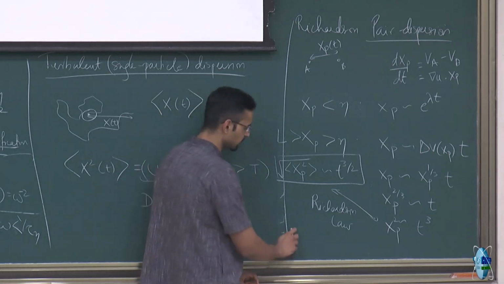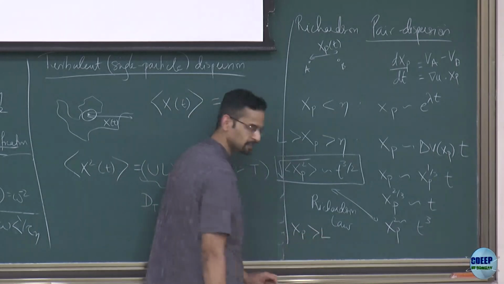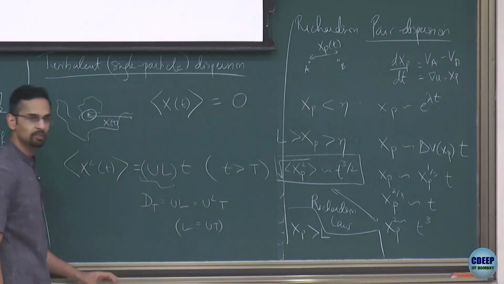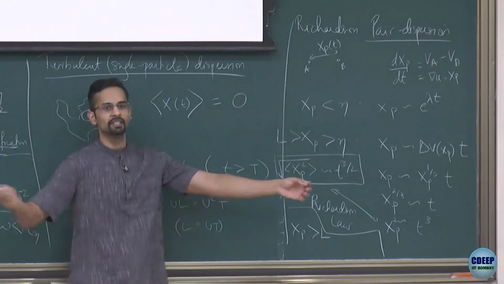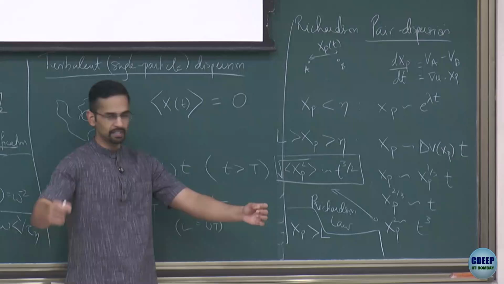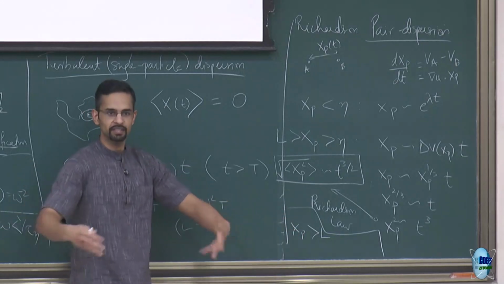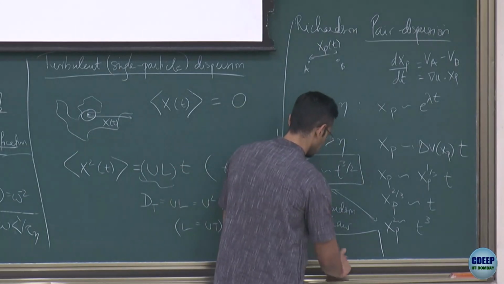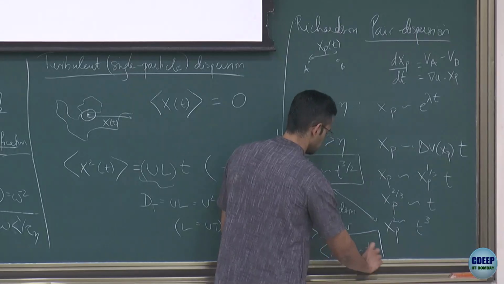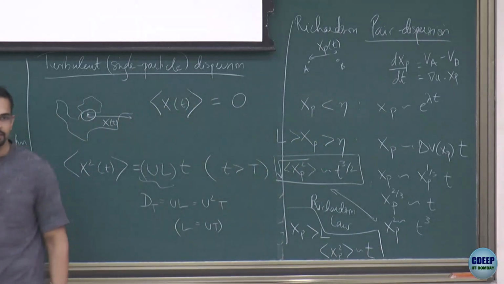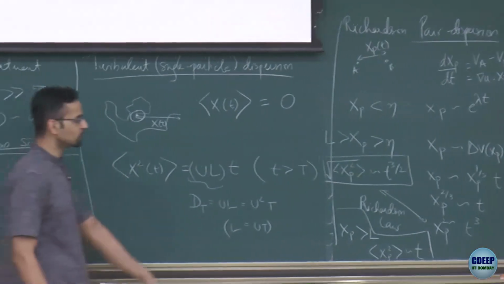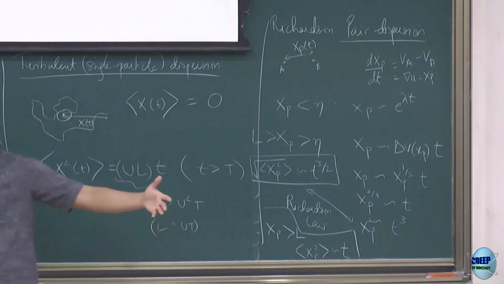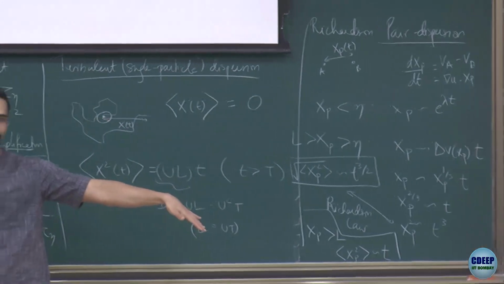So finally, at xp greater than L, at very large distances, I would again get diffusive behavior. I'll get two particles doing uncorrelated diffusion. So the way this one moves and this one moves doesn't depend on their distance. They're both just diffusing, so their distance also will just diffuse. So I will just get xp square going like t. Okay, so it will slow down. Where xp square was going like t cube in the inertial range, very fast separation, once you cross the integral, the large length scale, you will then hit the diffusive motion, which is much slower.